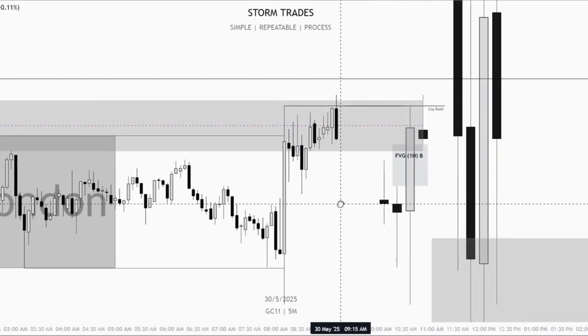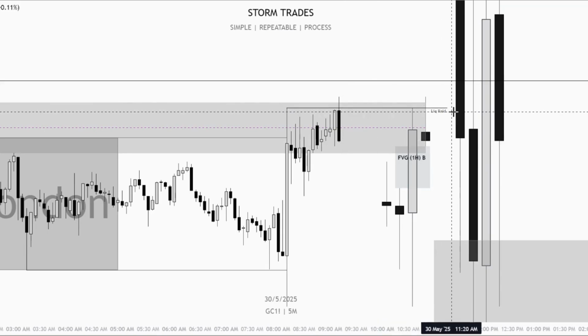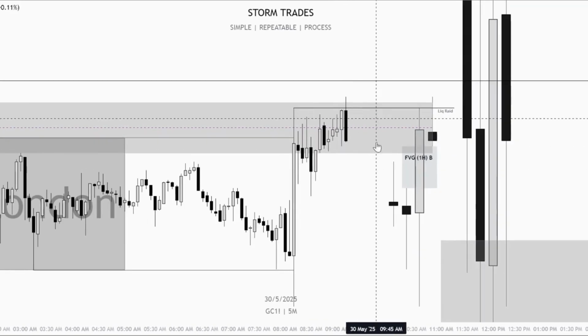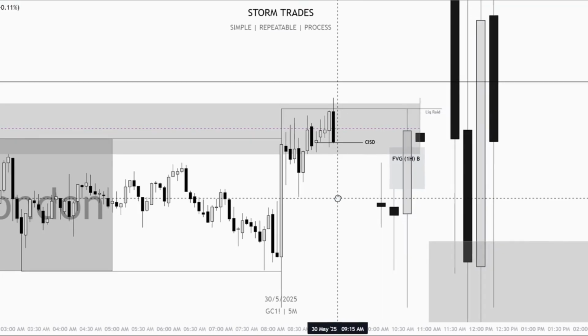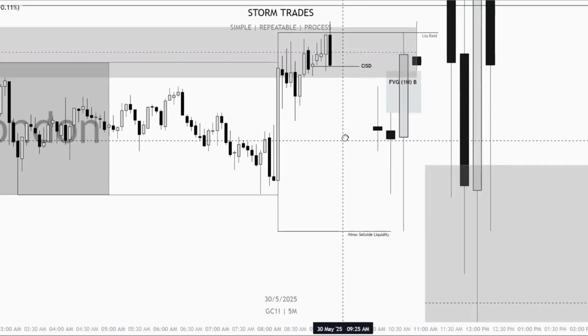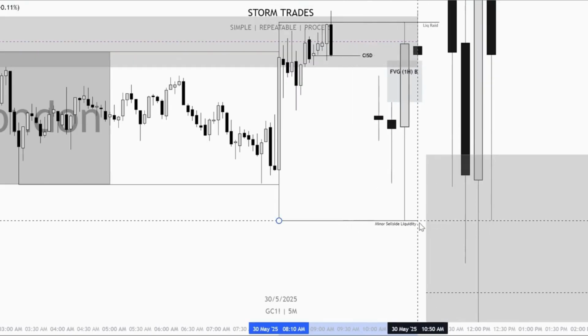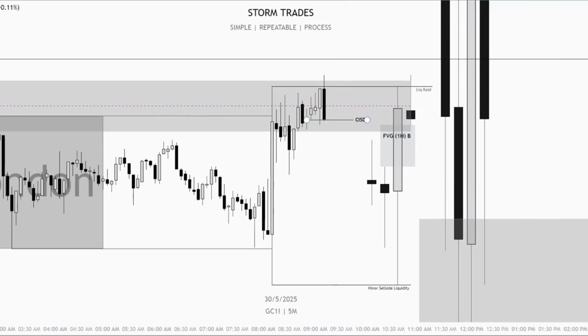So we have a sweep here, and that's my requirement on the time frame that I execute on: a sweep and then displacement. So where would I like to see that? All right, right here. I would mark out the series of up-close candles that took that liquidity. I'd want to see a close below that with displacement. And I also want to mark out some draw on liquidity, right? So I have some minor sell side down here. I like that as a draw, and